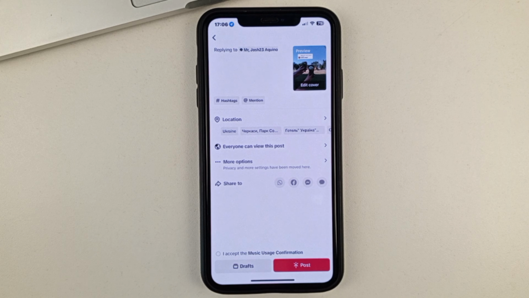Now you just need to click on the next step, Publish. After that, your picture or photo image will be published as a reply to someone's comment, and other users in TikTok will be able to see your reply. This is the way, friends, you will be able to post a picture in comments in TikTok.